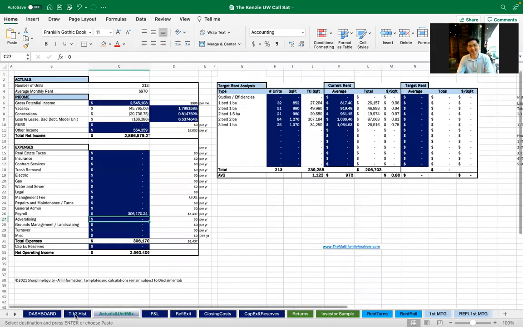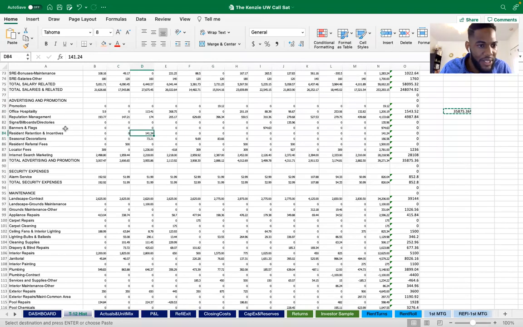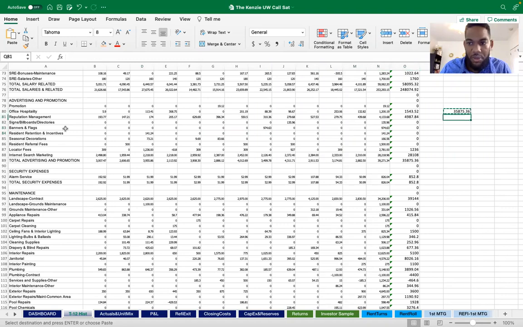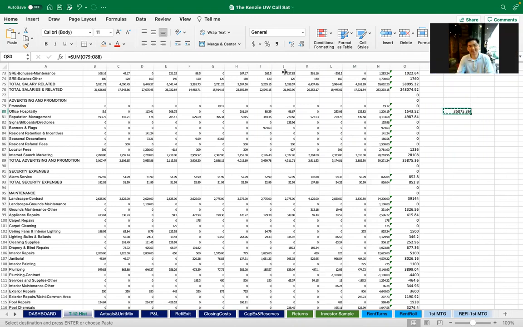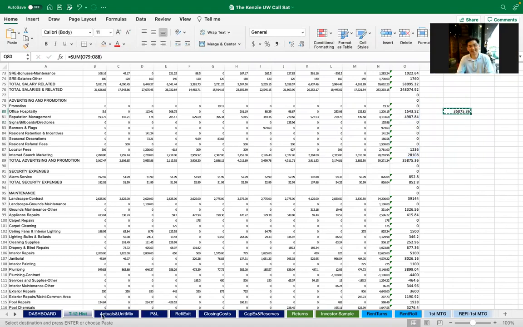Eddie, line 84 could be like a concession, but just keep it simple. Just classify it all as marketing. Yeah, I see what you're saying. Resident retention and incentives. Right. So we're right on the money on that. Kim, you think for the call we want to just lump it in? Yeah, advertising. Simple. Cool. Charles always says it's better to have it somewhere than nowhere. So that's how we're going to be moving through this call today. Kim, I appreciate that. That's a great catch right there.